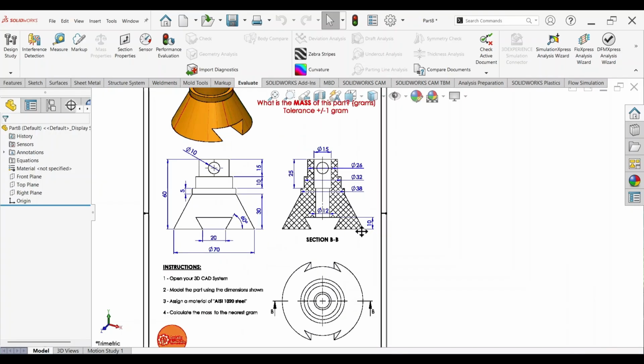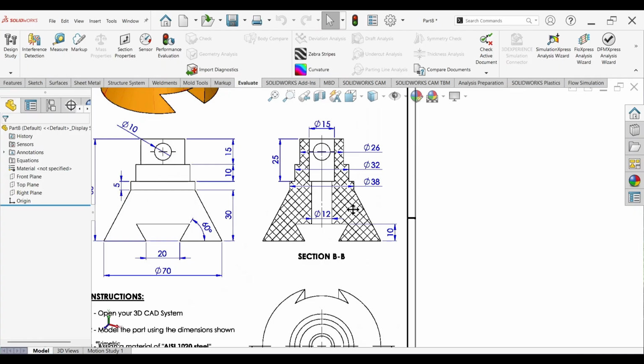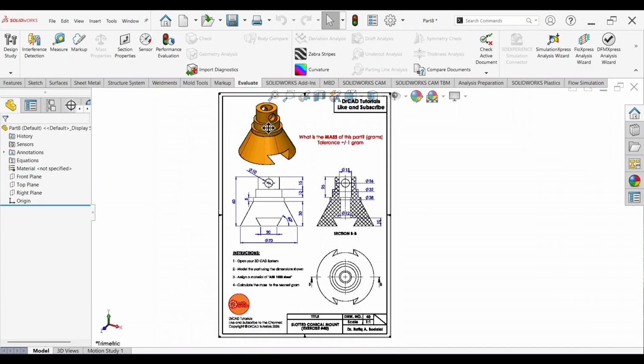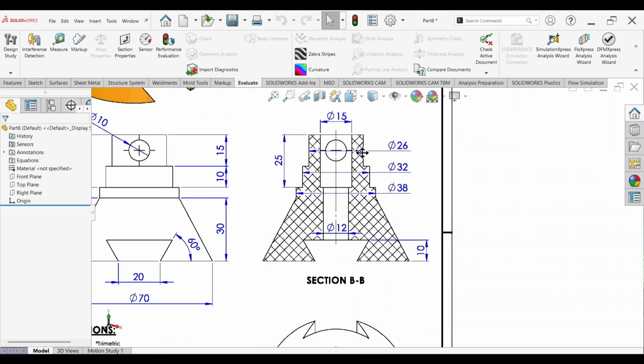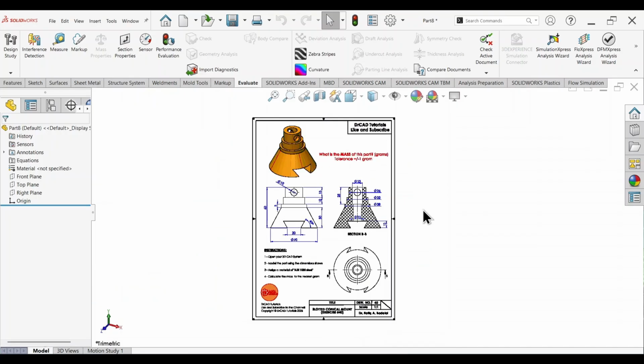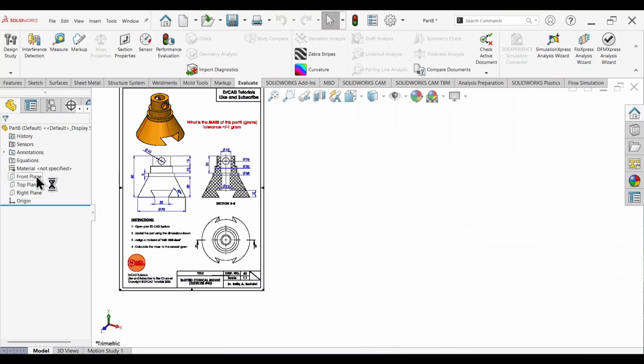And as I said previously, the easiest way to model this is to actually use the revolve boss base tool to create the main body for the component. So to do that, we need to first sketch out half of the section profile that we see here, right, using the line tool. And then we're going to use the revolve boss base tool to create the main body for the component. So to start, let's go ahead and select